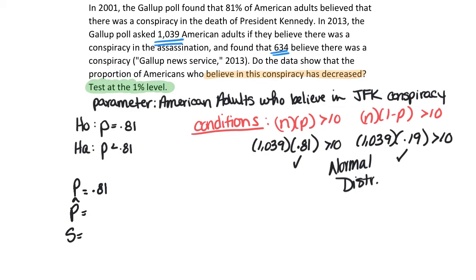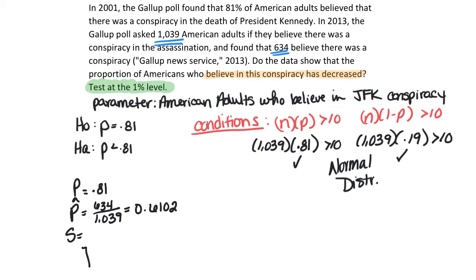My p hat, or sample proportion, says that 634 out of 1,039 individuals believe that the death of John F. Kennedy was indeed a conspiracy. So if I run those as a decimal, I'm looking at 0.6102,